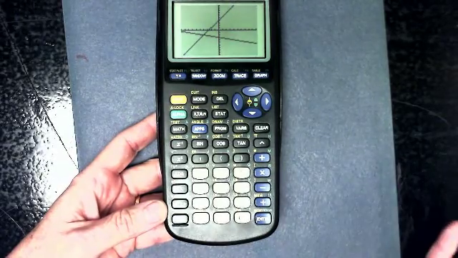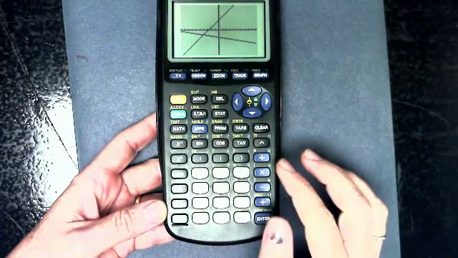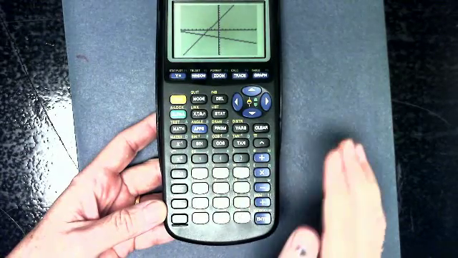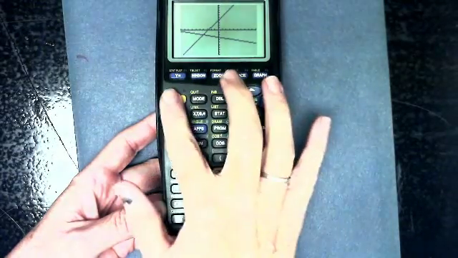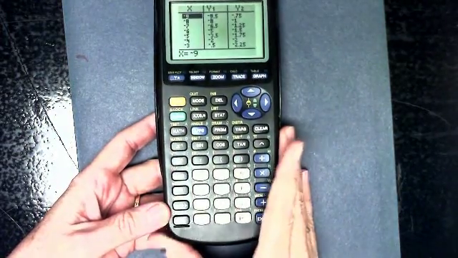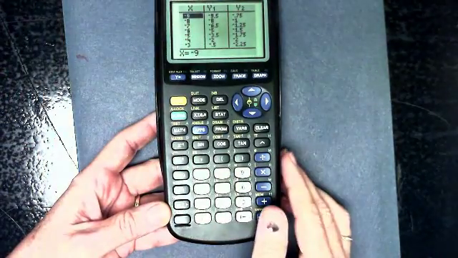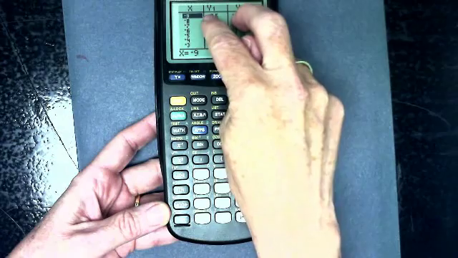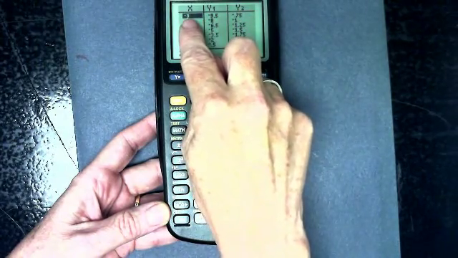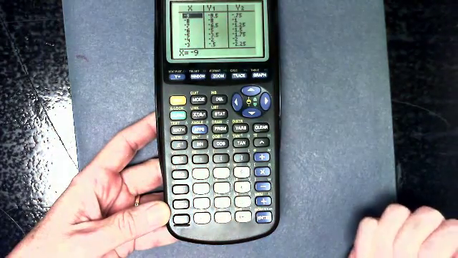Okay. One of the things your book tells you to do then is to go to your table and find out when your y values are the same. So when I go to my table, you'll see all the x values and the y values in each graph. And what you're doing is you're looking for the same number to appear in y, which means when x is whatever number it is, it's the same y,